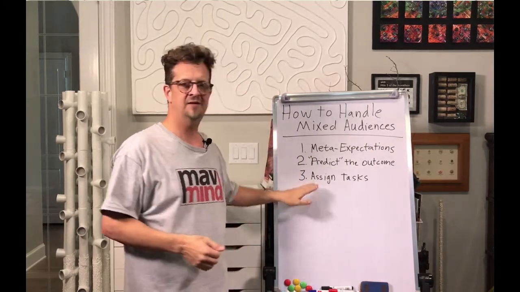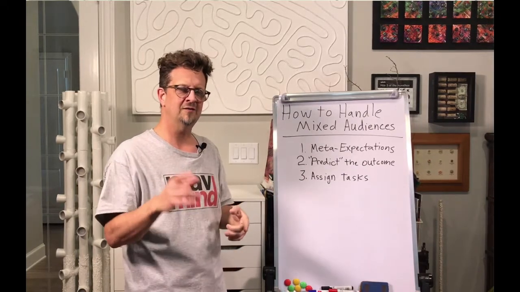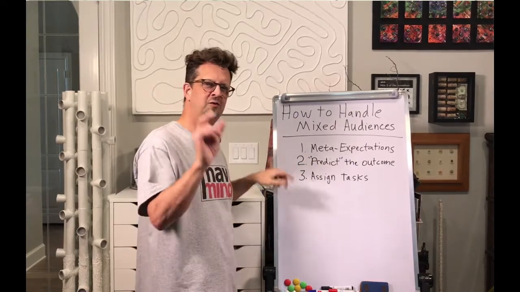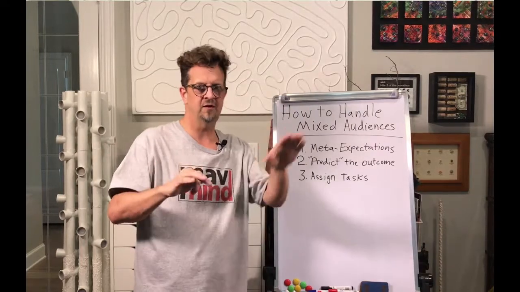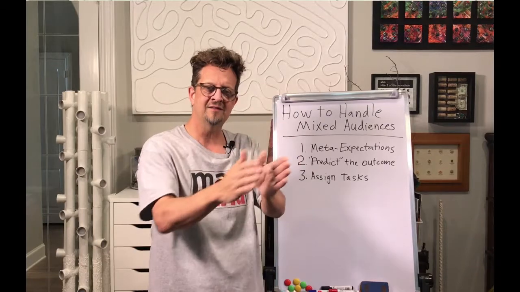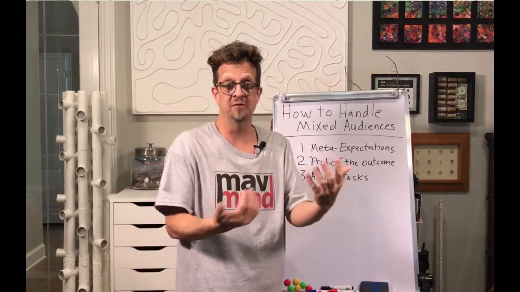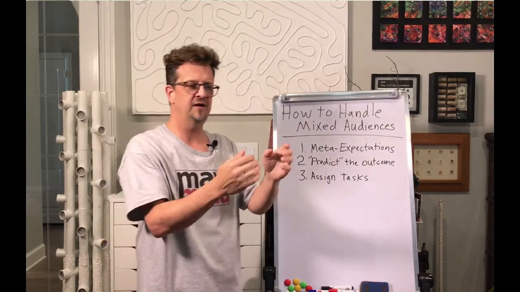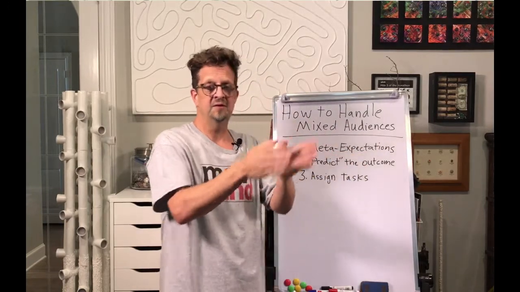And then finally, I assign tasks. This takes a little bit of practice, and you have to know your audience. You don't really want to go in blindly and do this without knowing who's in the audience. But assuming that you do know who's in the audience, whether they're executives or technical or non-technical or whatever, make sure you assign tasks to each one. It doesn't even matter what it is, as long as it makes reasonable sense to them. For example, what I would often do with an executive is say, okay, since you're the VP, I'm going to give you a task during this meeting.